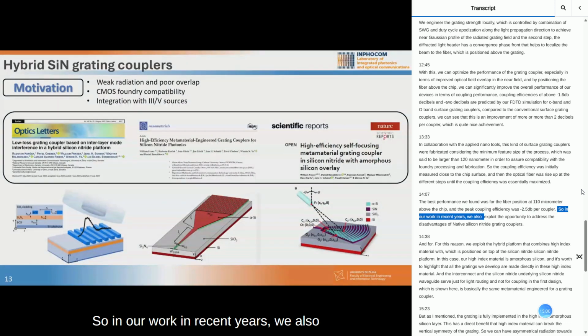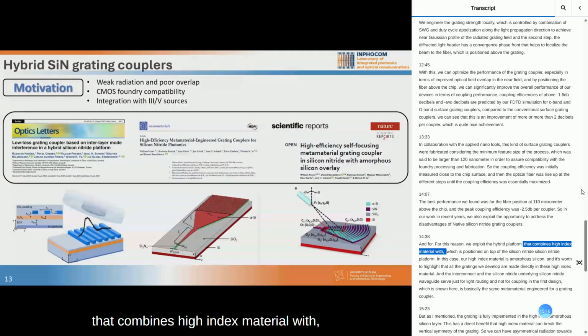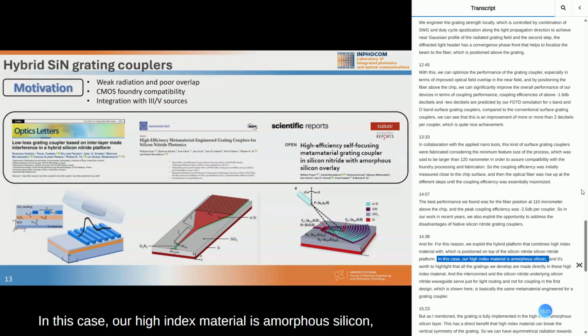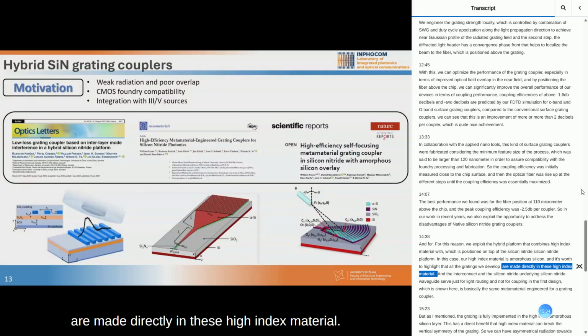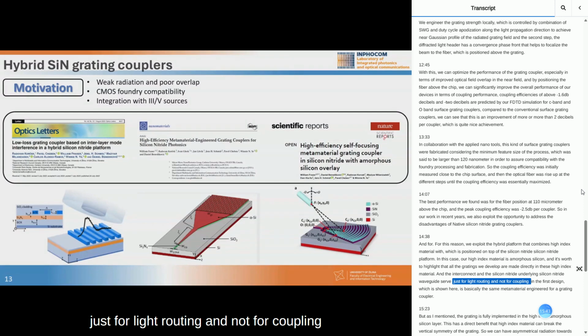So in our work in recent years, we also exploit the opportunity to address the disadvantages of native silicon nitride grating couplers, and for this reason, we exploit the hybrid platform that combines high index material which is positioned on top of the silicon nitride platform. In this case, our high index material is amorphous silicon, and it's worth highlighting that all the gratings we develop are made directly in this high index material, and the interconnected and the underlying silicon nitride waveguides serve just for light routing and not for